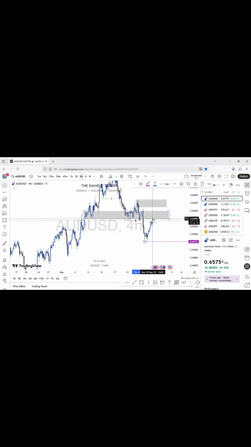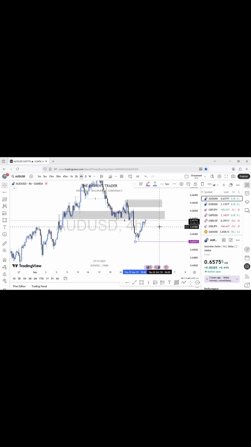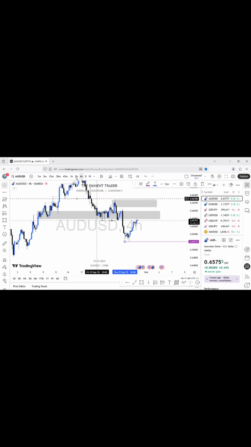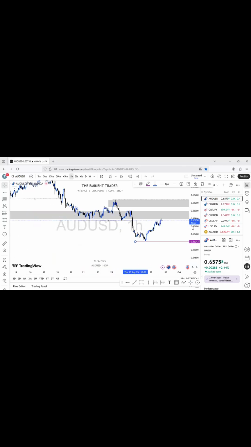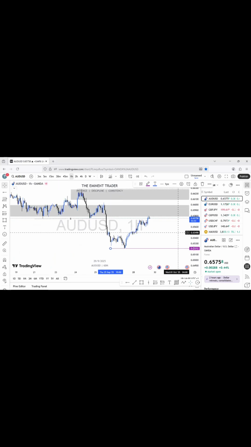And it has even tapped it partially, but I won't really regard it yet. Do you understand? If you go to the 1 hour now, I'm trying not to spend too much time so that I'll cover the other pair. If you go to the 1 hour, I can clearly see what I was talking about. Now it tapped into the